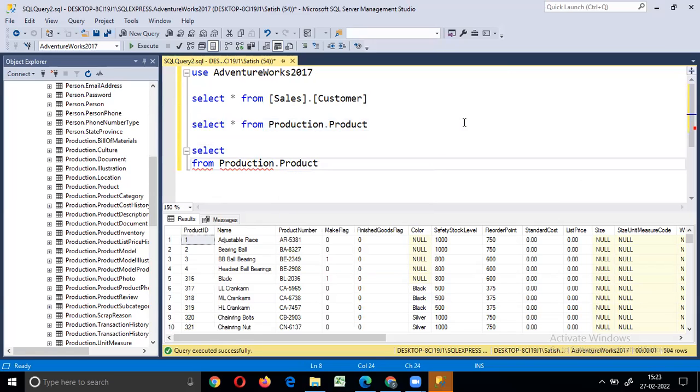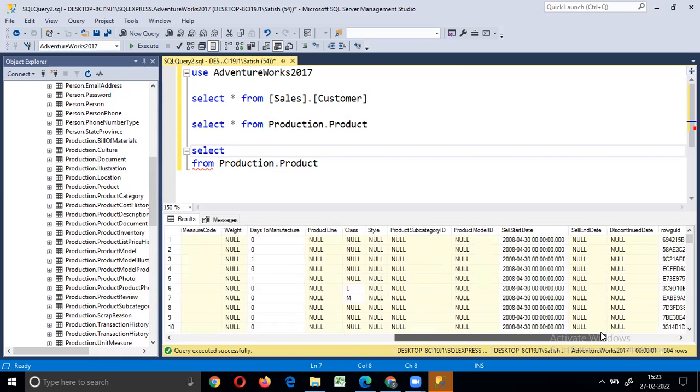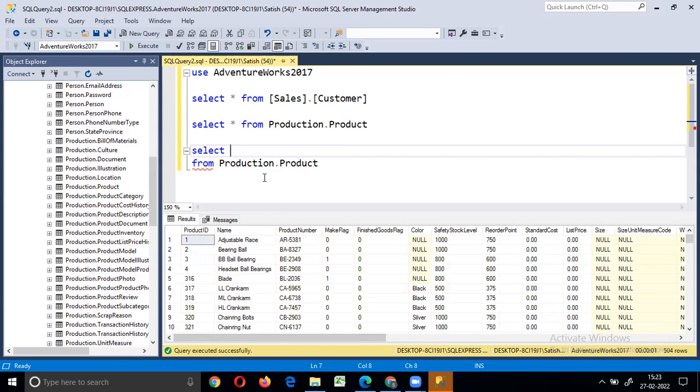I'd like to display only the product ID, name, product number, and safety stock level. So select, what are the things? Product ID.